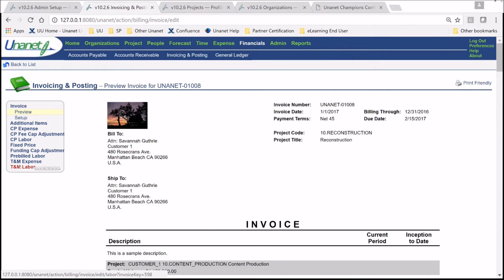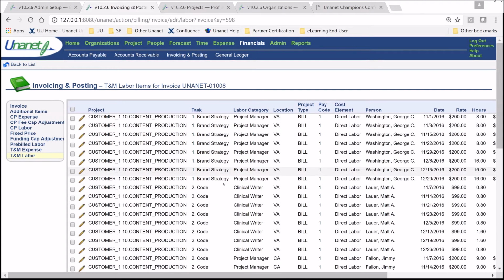Let's say, for example, that you knew which labor goes to which task here. So let's say that you needed to break out and put brand strategy on a separate invoice. The only way really to do that is to come in here and select all of that task, all their pieces, both their labor and their expense if you had any,